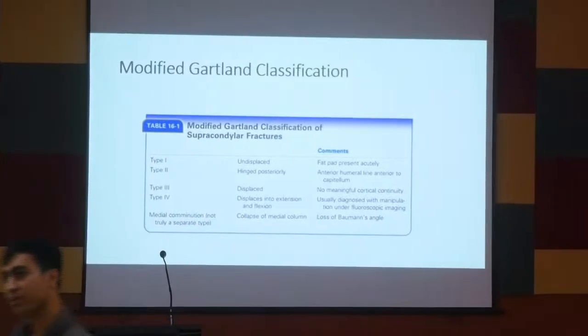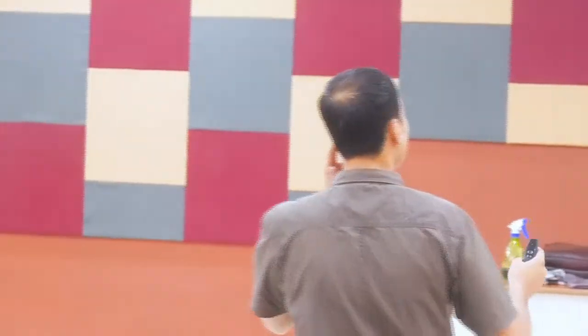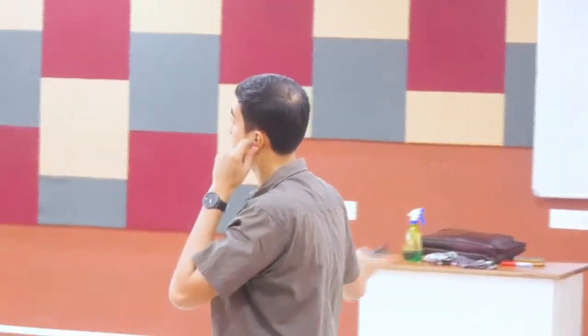So type 1, it is an undisplaced fracture, same as that was in the previous classification. Type 2 is hinged posteriorly, that also corresponds to the type 2 in the previous classification. Now they have stated there is a new type, type 3 and 4. So type 3 is a displaced fracture, but it is a stable fracture. That means you can control its movement. But type 4, it is a very unstable fracture. So it is unstable in flexion and extension. So it is very difficult to control, and in those cases you have to have a definitive operative fixation. Type 1 or 2,